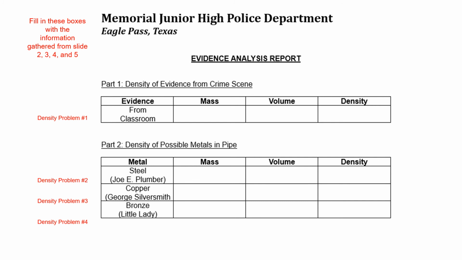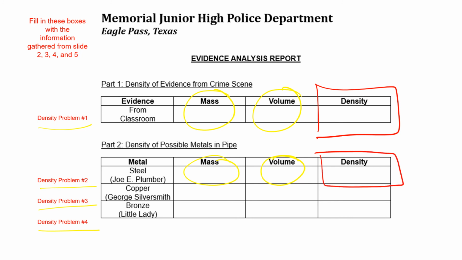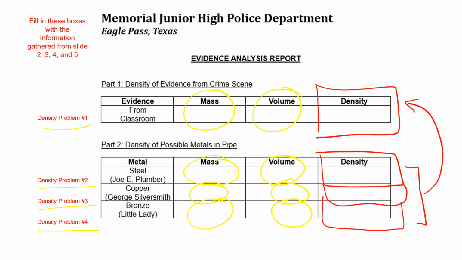Here is your work that you're going to fill in. So this is density problem number 1 right here, number 2, number 3, and number 4. You are going to fill in the mass that you got from problem number 1 and the volume, and then here is your answer. You're going to put in your answer. And then same thing, you're going to fill in the mass and the volume, and then get your answer for density problem number 2, and then so on with problem number 3 and problem number 4, and then you're going to match the density. One of these is going to match this density, and that's how we know who the